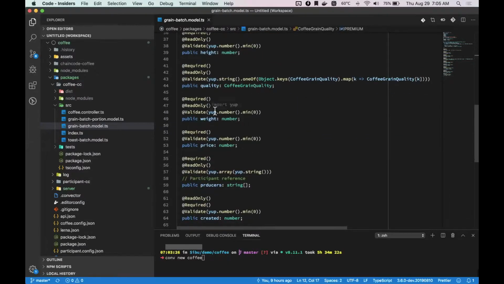But you can have other kinds of validations, like for example in this case, the weight: I want it to be a number, but I don't want it to be lower than 0. So you can